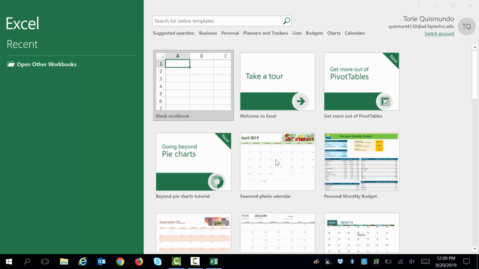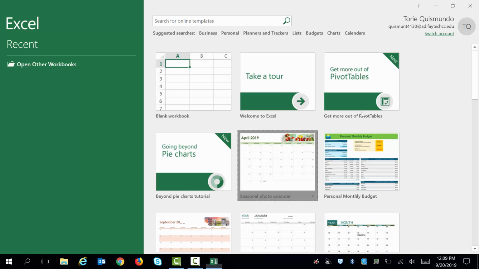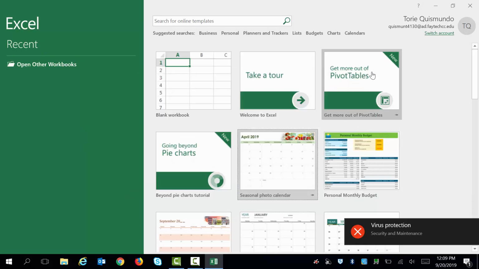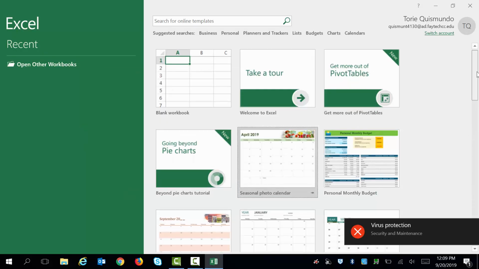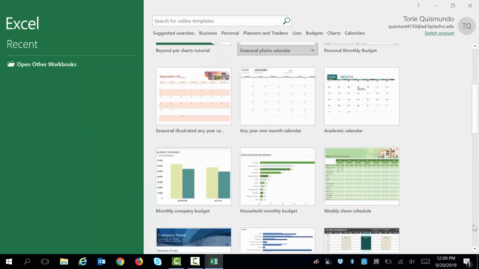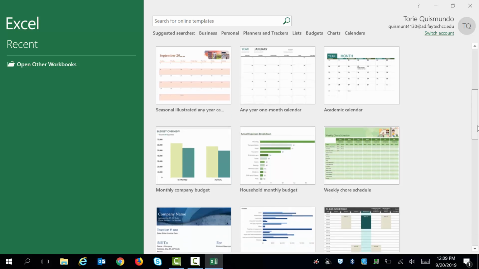Let's say I needed a calendar. I could select from a calendar. I could select from some of the other templates that are available in here. Maybe if I needed to create a monthly budget, a household budget, there are a lot of templates that are